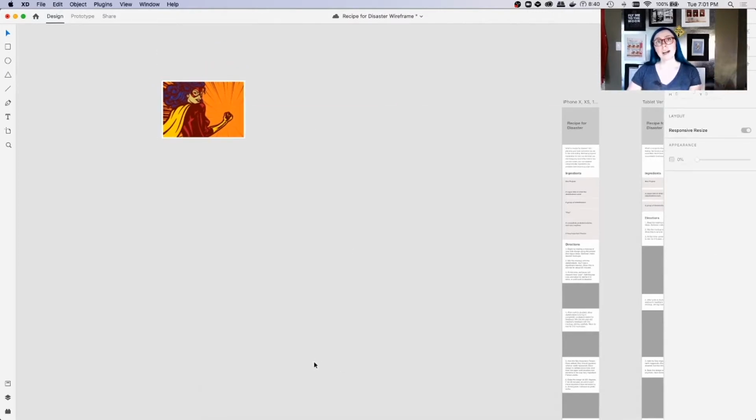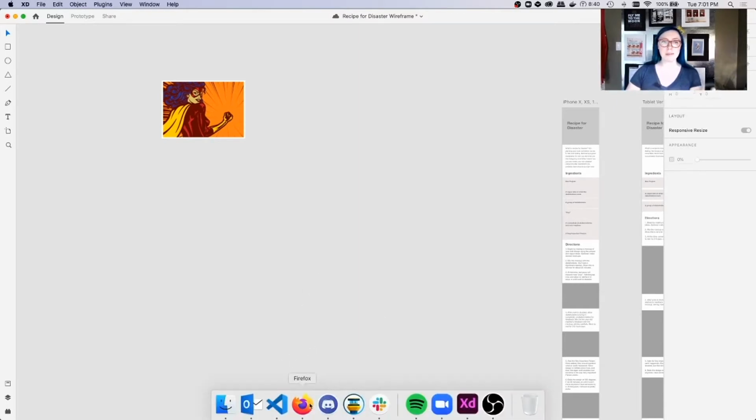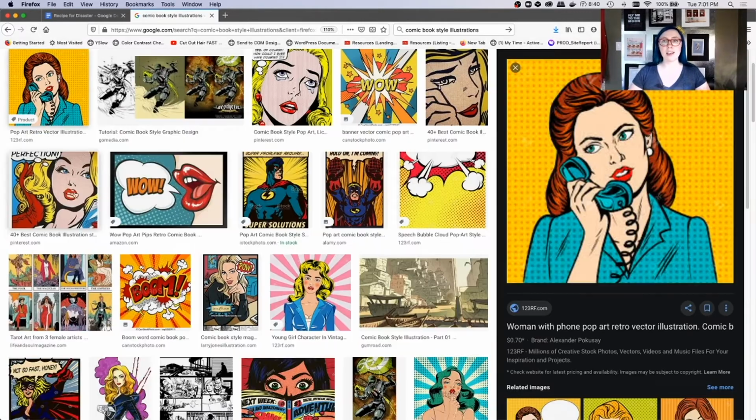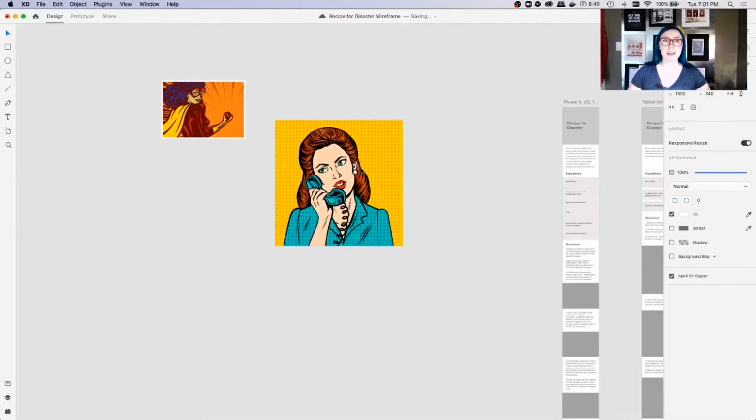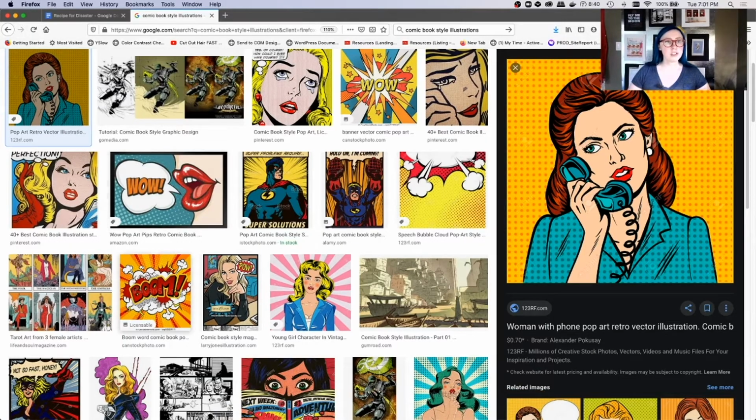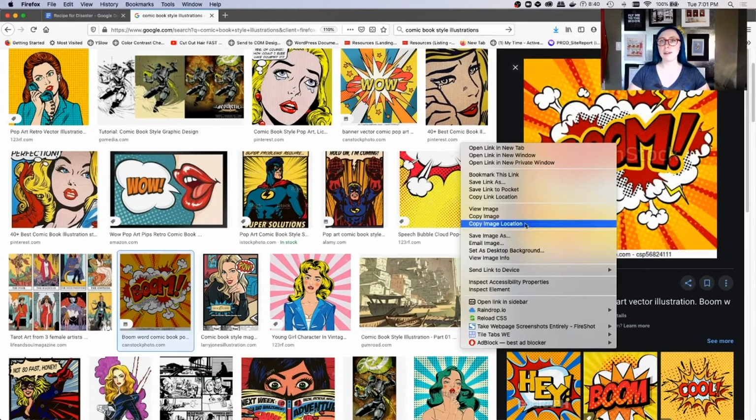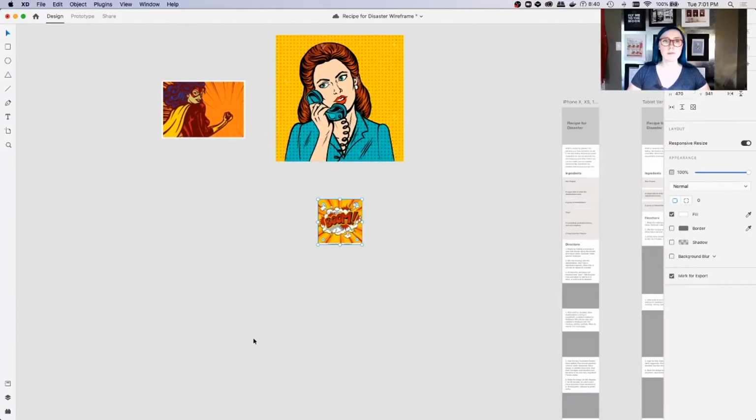This one XD file is going to go all the way from wireframes to mockups. You'll see how that evolves in just a moment. But for now, I'm just going to focus on some of these ideas that jump out at me, stuff I really like. And I'm not going to worry about it too much. I'm not going to be too picky about it. I'm just going to kind of see what I go for here.